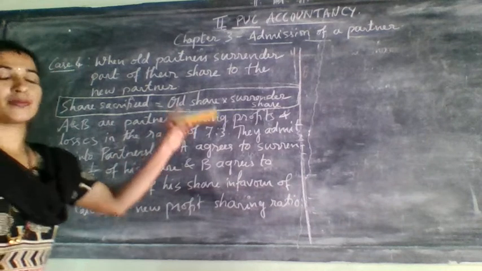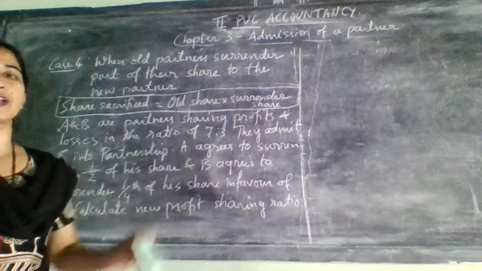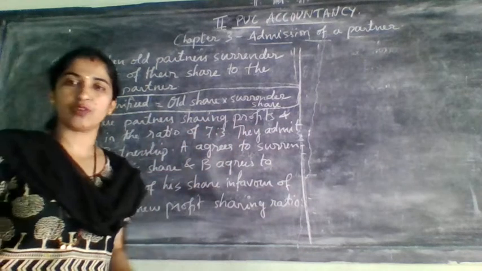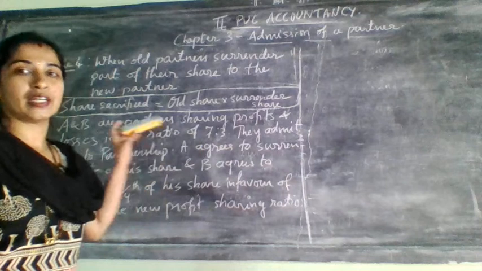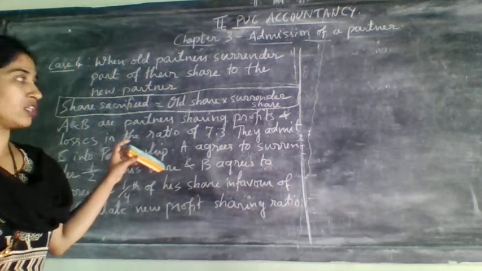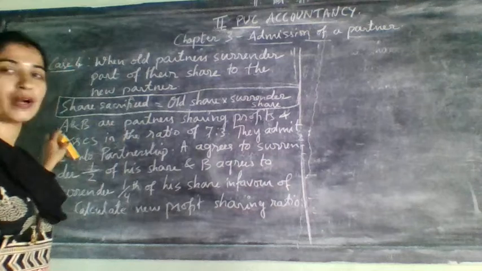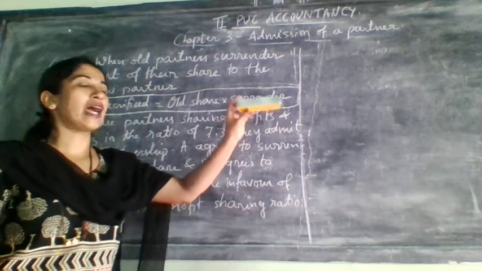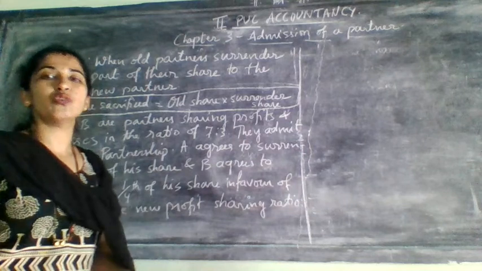In the previous two or three cases also, you wrote the new partner along with them. Here also you need to follow the same thing, but there they had given the new partner's share, and here they have not given it. So you need to take the surrender shares of all the old partners, add them, and finally write that for the new partner.